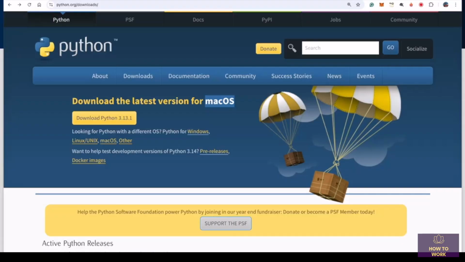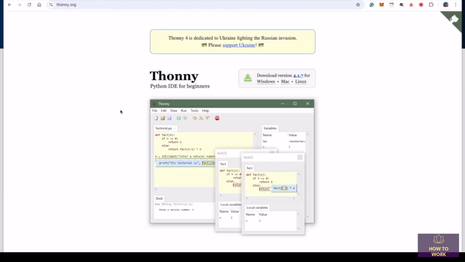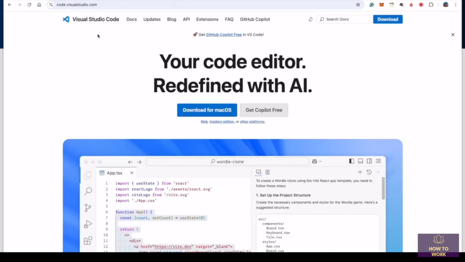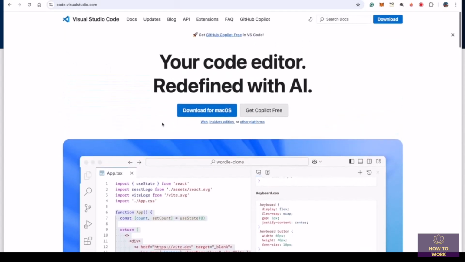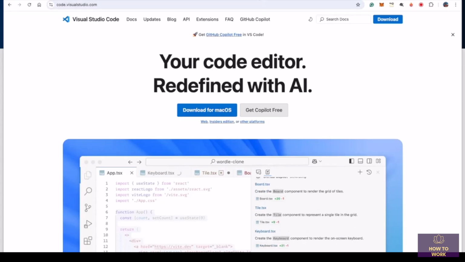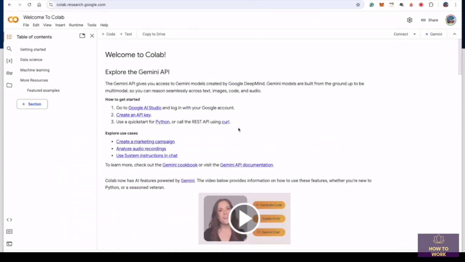You can go to thorny.org and install it from here. This is one option that you have, or you can go to code.visualstudio.com and download Visual Studio for you. Or, as what we are going to do in this course, go to